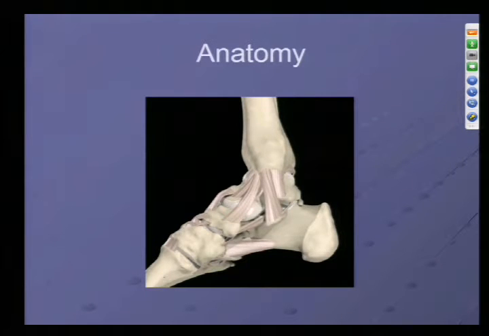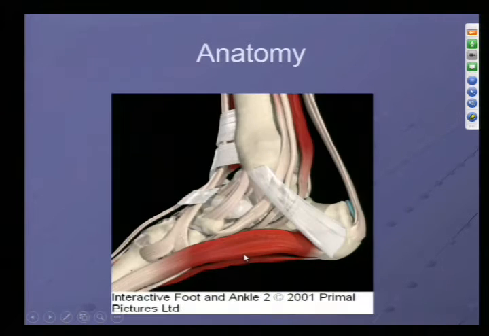Just some basic anatomy. This is the medial aspect here. So you see the ligamentous structures that are coming down here, and then some of the other ligamentous areas that you see. And then this just includes some of the tendons coming in here. The posterior tibial tendon is one that would be more commonly injured than some of the other medial structures. But you can also see the tibialis anterior coming down here, where that attaches to the foot. And so these are just structures to remember that can also get injured with these types of described